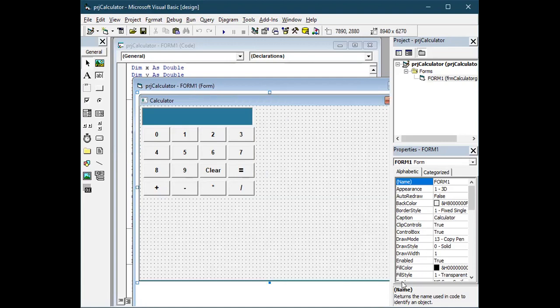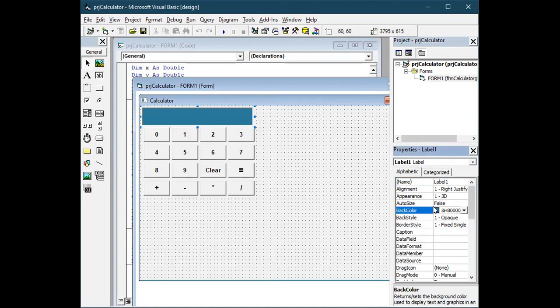Okay, done. So this is how we need to design. One is a label, just a label. Name of that should be label 1. In this exercise, I have taken a blue color background. Back color is blue, and I have changed the fore color to red. That's all the properties. Then we need to place the command buttons.